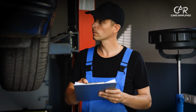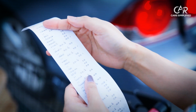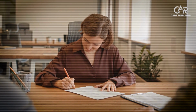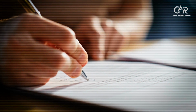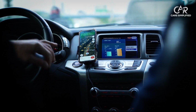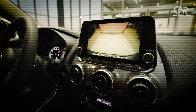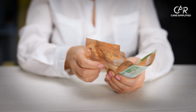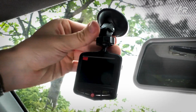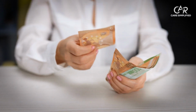Document all security installations with detailed photos, equipment receipts, and professional installation certificates if applicable. Submit this comprehensive documentation to your insurance provider for potential premium discounts and to ensure proper coverage in case of theft attempts. Many insurers offer additional discounts for completing defensive driving courses or installing multiple security systems. Annual premium savings can often offset installation costs within 2 to 3 years, making security upgrades financially beneficial even beyond